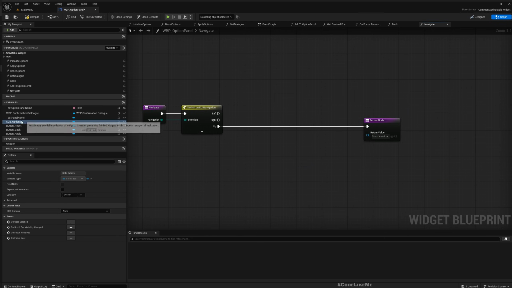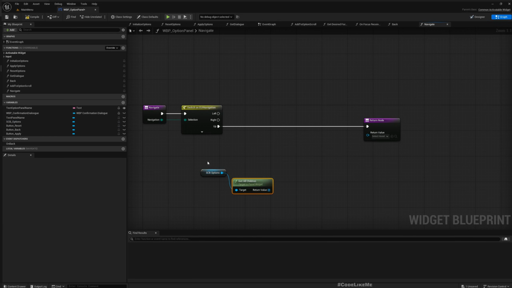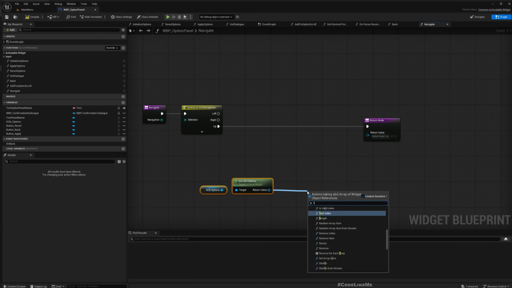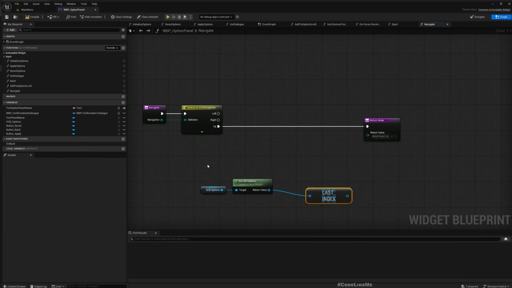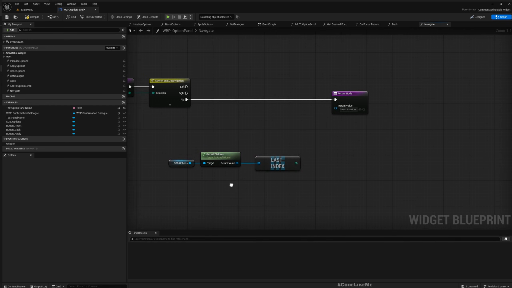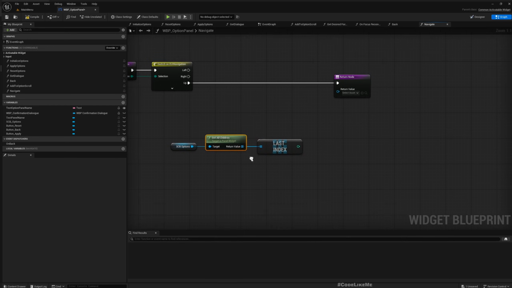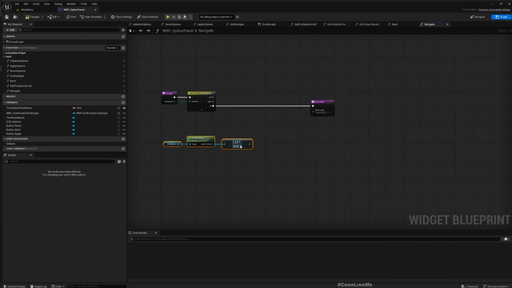So to do that, SCB options, get all children, and I can get the last index. So here I have to assume that all the widgets that I have under these SCB options are focusable, otherwise this wouldn't work,